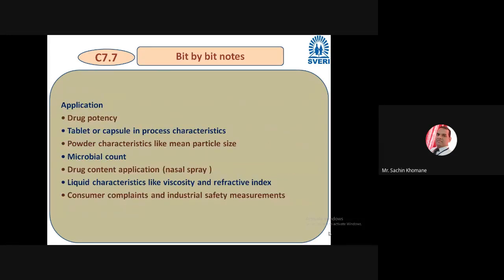We have seen various applications like drug delivery, tablet and capsule characteristics, powder characteristics like particle size, microbial count,